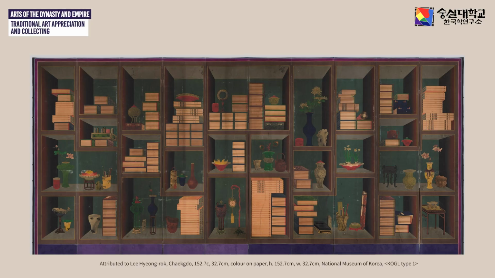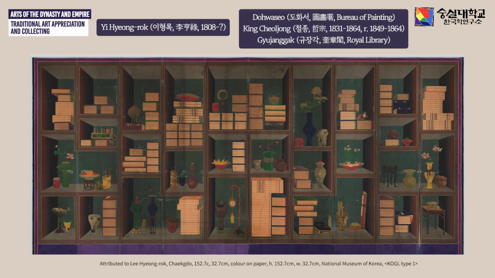Many chekkori paintings do not carry the signatures of the maker, making it very difficult to ascertain who painted them and when. For this reason, the painting you see here is very special. It is in the collection of the National Museum of Korea in Seoul. The screen was painted by Lee Hyung-rok. He was a court painter in the Dohwaseo, the bureau of painting, meaning that he was employed by the Lee royal family to produce paintings used by the royal court.